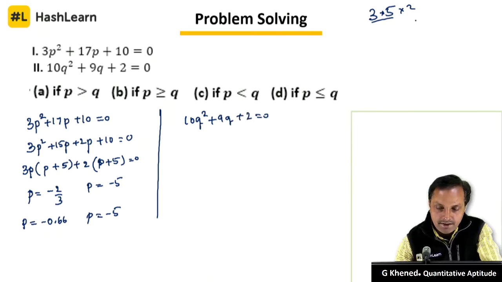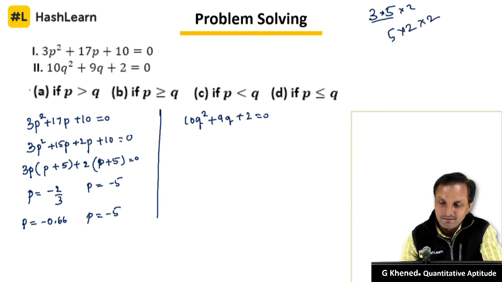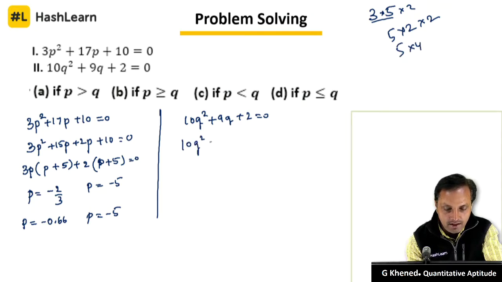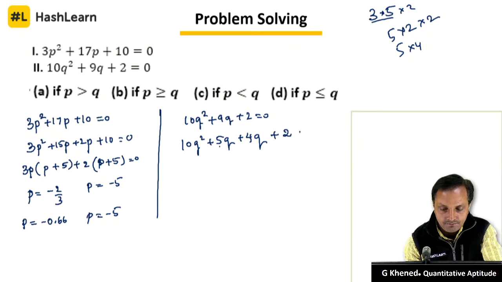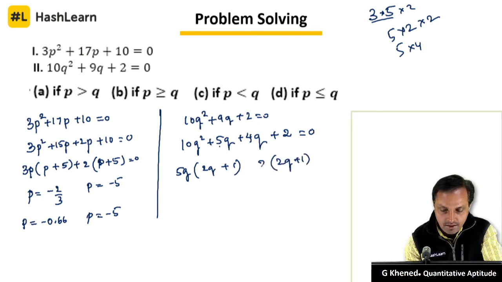Similarly, if you solve the second equation, 10q square plus 9q plus 2 is equal to 0. The factors for 10 is 5 into 2. 5 and 4 you can take, so that you will get 9. So 10q square plus 5q plus 4q. So 5 plus 4 is 9. Solve it, you will have 5q, 2q plus 1, 2q plus 1. So 2 outside,